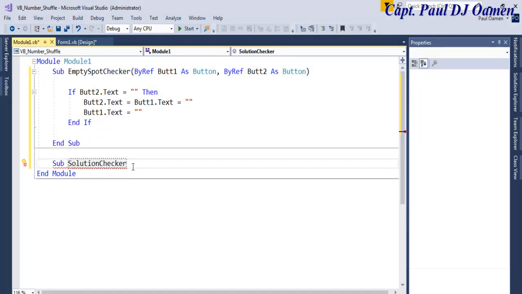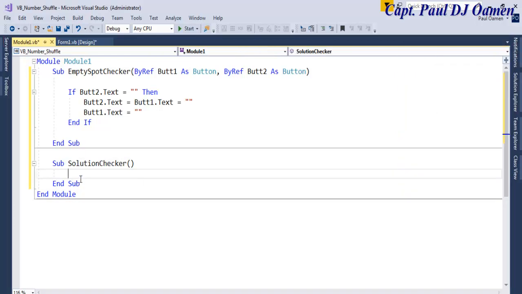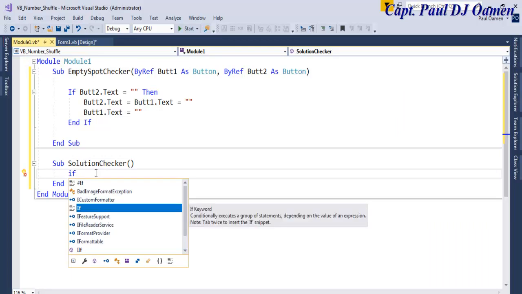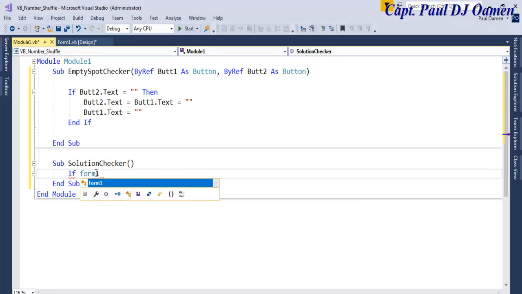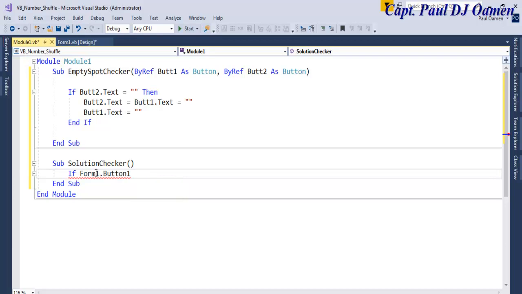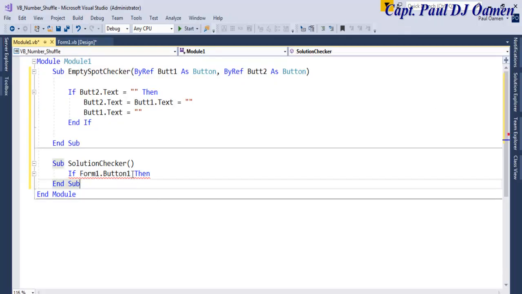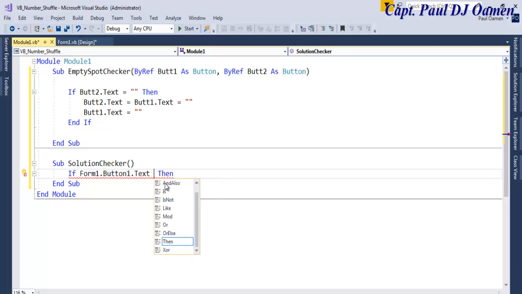Okay, in the case of my solution checker, that's going to check each of the buttons to make sure everything in there is in order. Let's say if Form1, button 1. I have to call from Form1 because all of the buttons are on Form1. That's why I'm calling Form1. If Form1.Button1.Text equals 1,